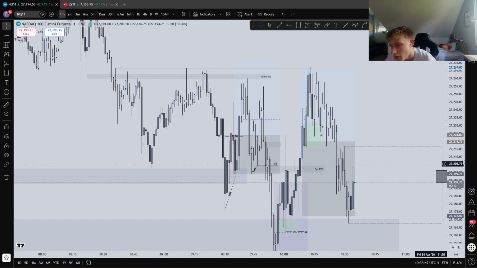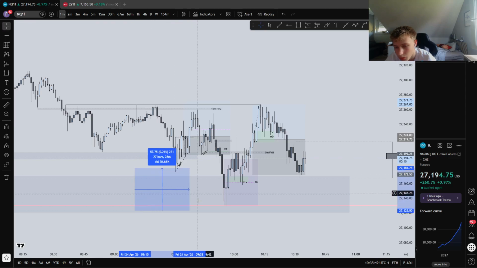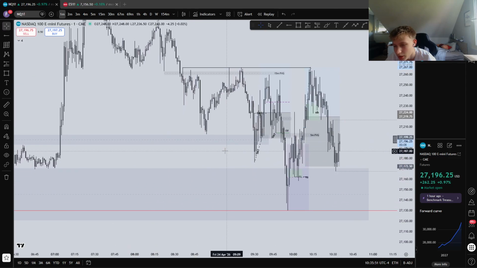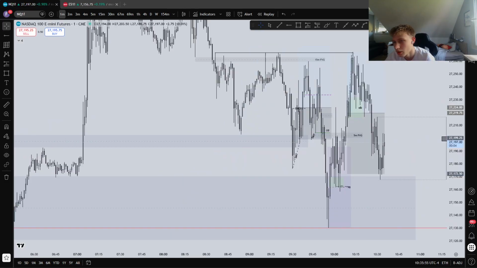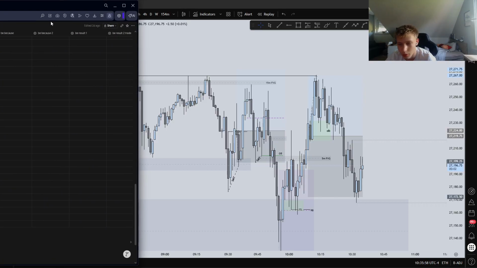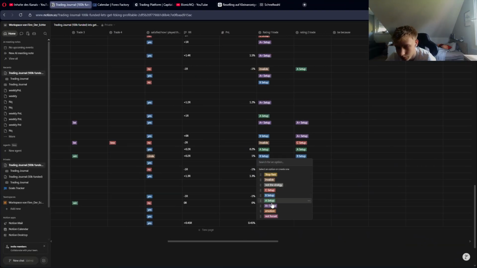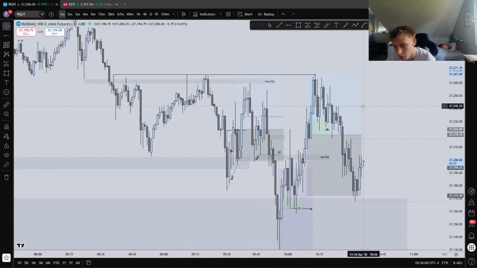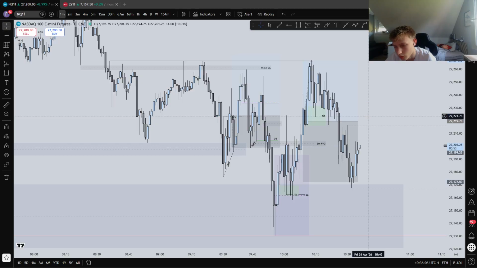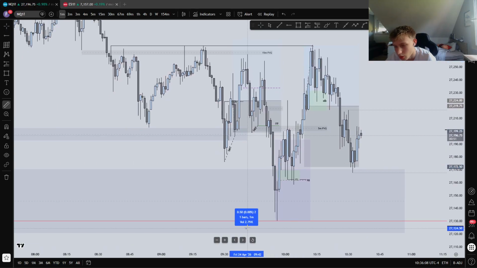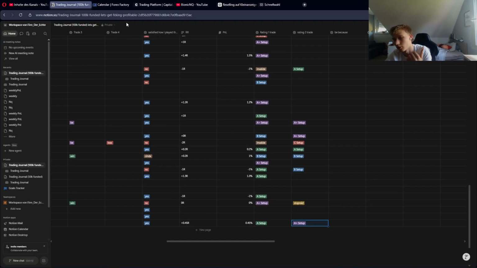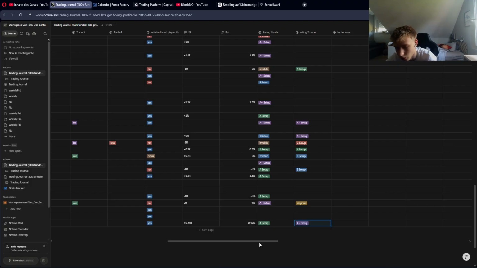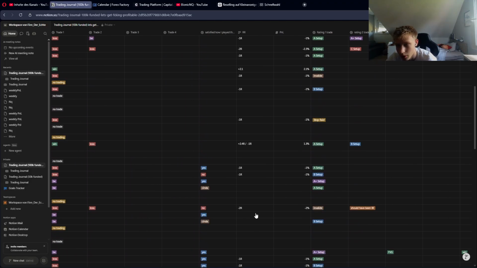The bad thing is that we have this key level below, but the way we hit CE here and didn't really have to mitigate this, so it is an A setup. Let me give this an A setup. And the other setup is a clear A plus, I would say, just because of the conviction we had: rejection block, hourly CE edge, internal low. This is just great, so give this an A plus setup.